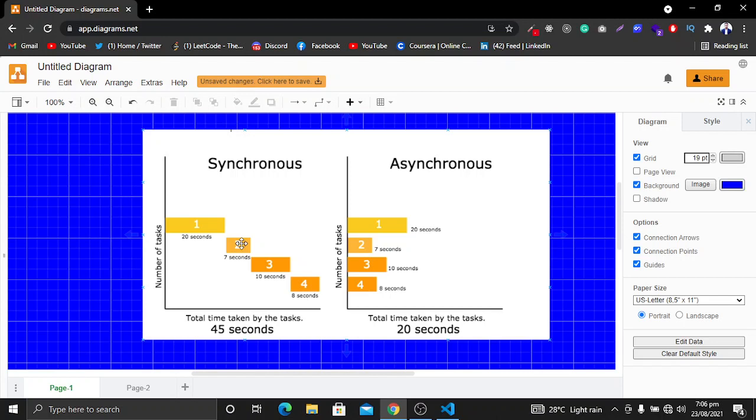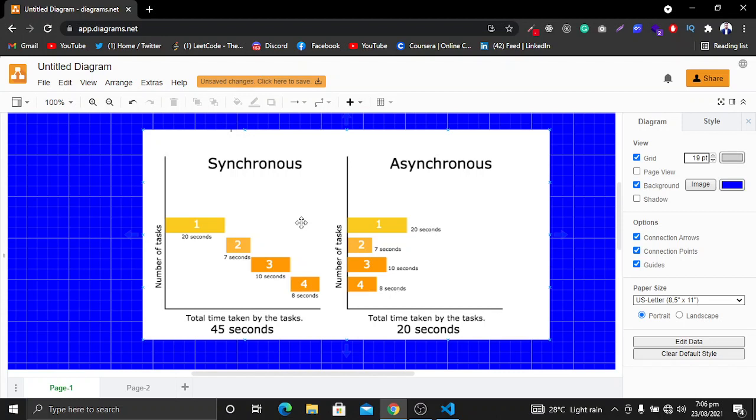Similarly, it will execute the next code in the time it takes. Then it moves to the third step, which takes 10 seconds, and then the fourth step, which takes 8 seconds. So as you see, the synchronous version works in this sequence.